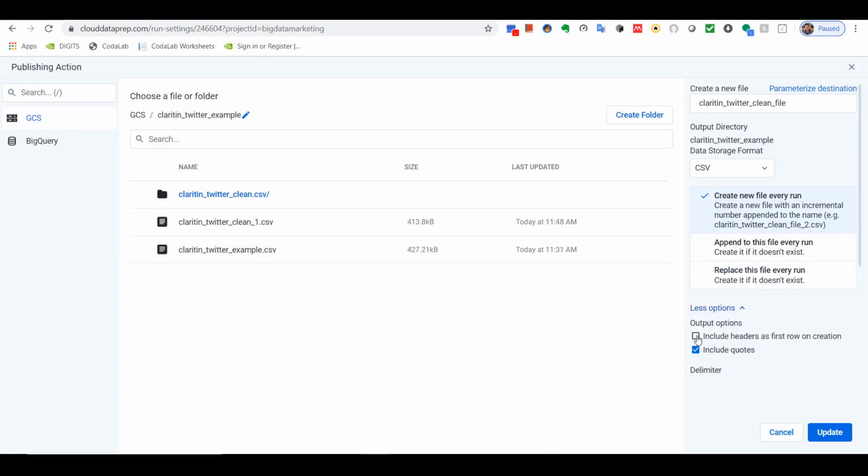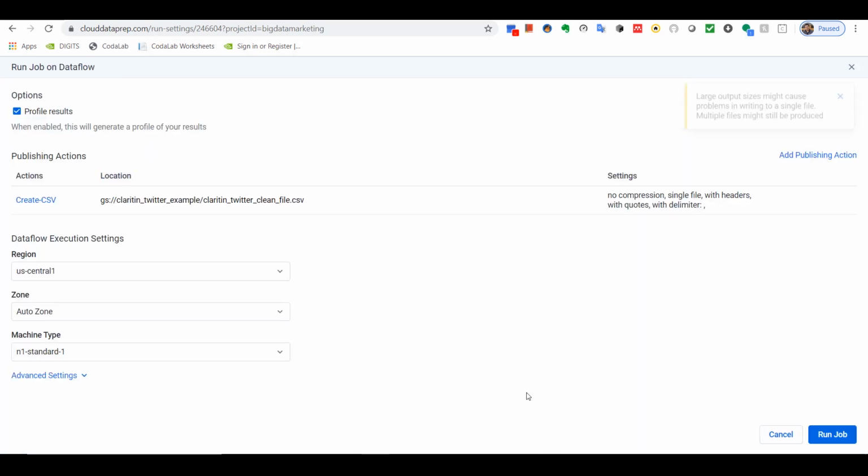So then do not forget this. If you forget to click this option, for whatever reason, you will not have the file with the headers. So make sure that you click update, and you check this option, include headers as first row on creation. That will make sure that it saves the headers. Otherwise, you will not have them, and that will give you an error as well. So I'm going to click update, and it will take about 5 minutes, and then you will get the final file. I don't need to do anything else. You need to click run job,